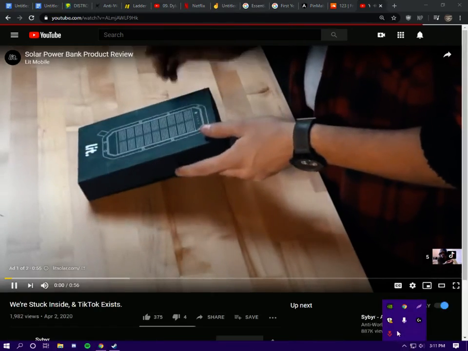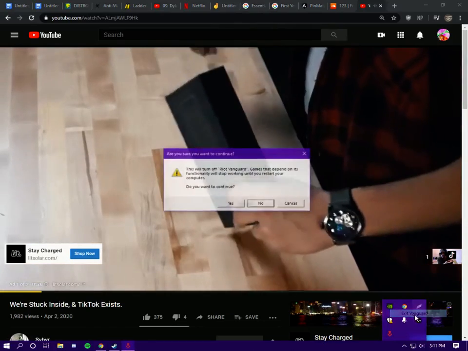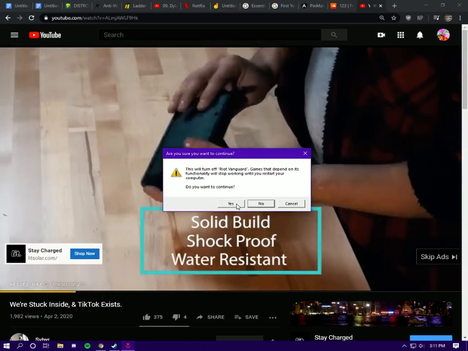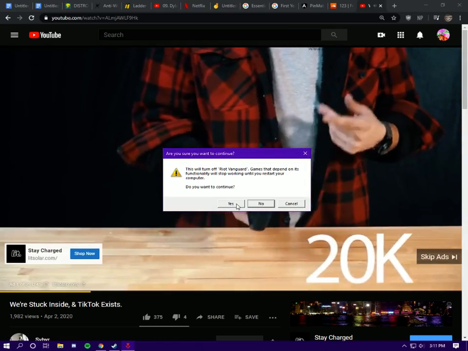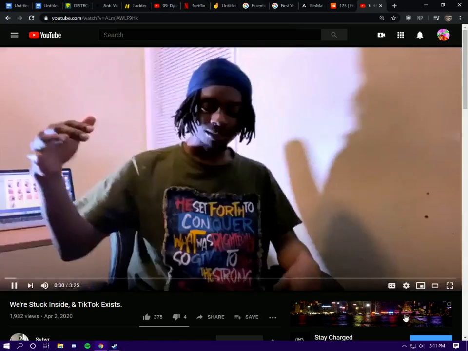Lit Mobile popped over this wireless battery bank for an unboxing. Let's check this thing out and see what we got inside. This thing is solid. It's got nice grips on the side, it's shockproof, and it's water resistant. This battery bank has 20,000 milliamps, which can give you